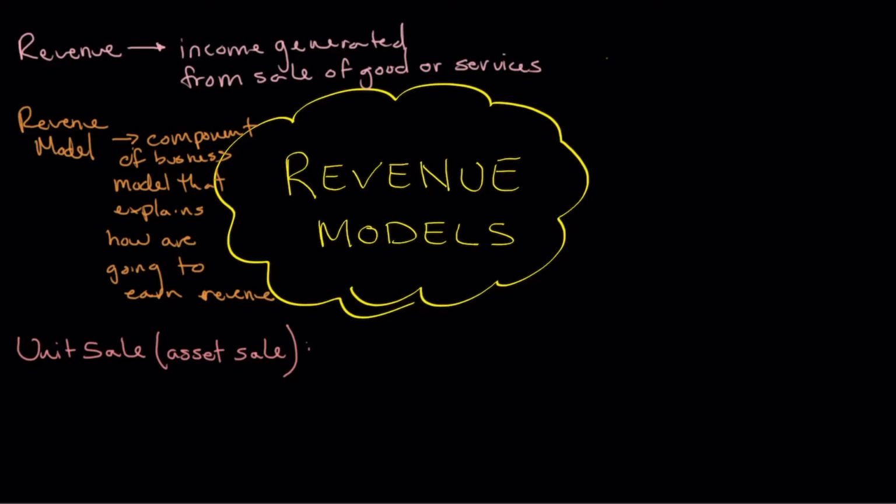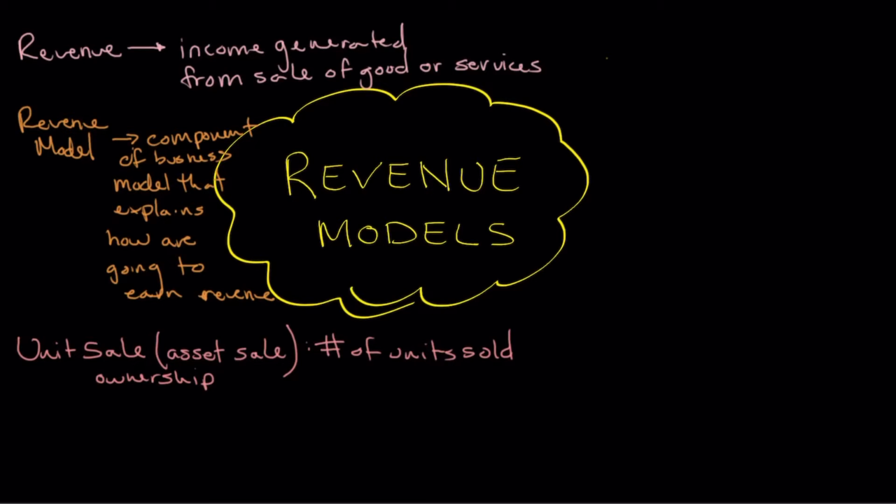So with the unit sale or asset sale revenue model, we're generating revenue based upon the number of units sold. Now you might be thinking that doesn't really differentiate this from anything else. Well, let me add a couple of pieces of information. Typically a unit sale model is most common when we're selling a particular item and the consumer takes ownership over the item. So if you think about the cup of coffee that we talked about before,